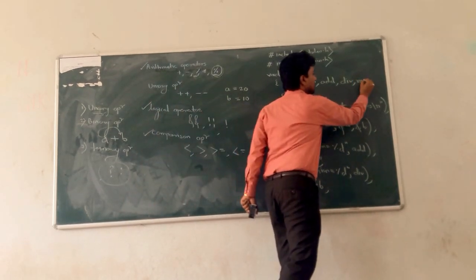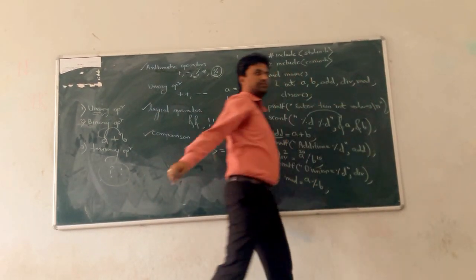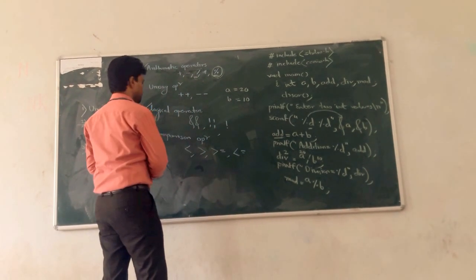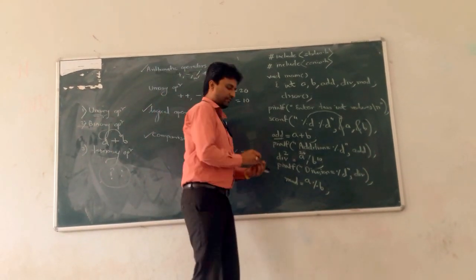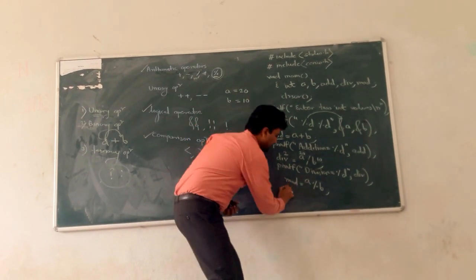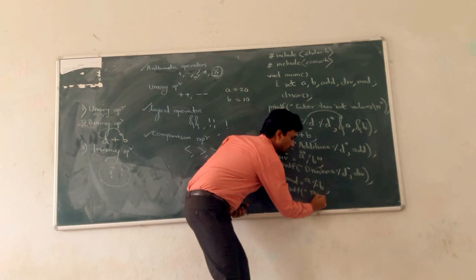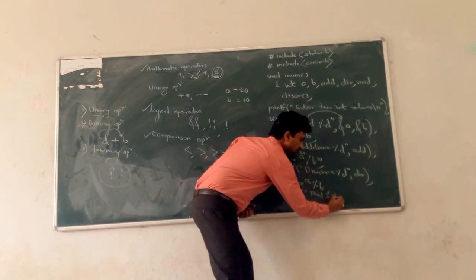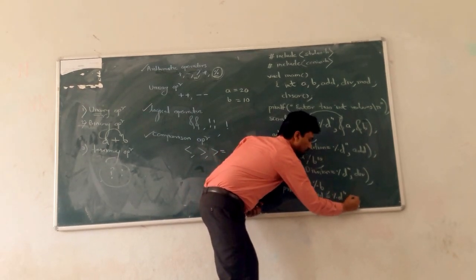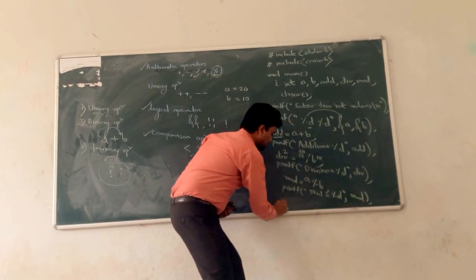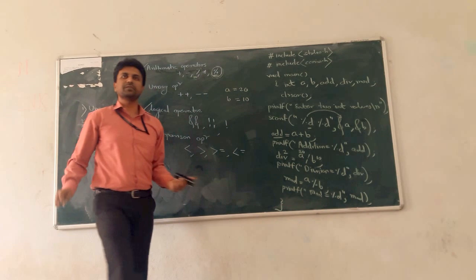So declare that variable mod, semicolon. Okay, and display the value. Now, what is the value? Mod. Printf "mod is equal to %d", comma, mod. Okay, last getch and complete the main function.